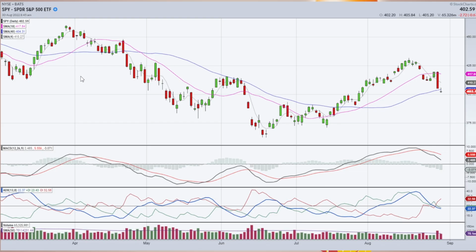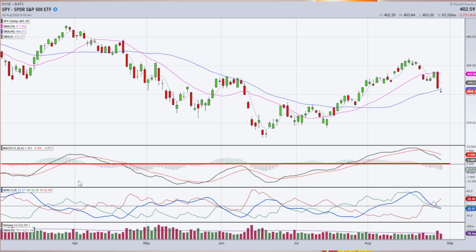So I've got a daily chart of the SPY up, and I've got my two moving averages. I use an 18 and a 40 simple moving average. And then I've got the MACD down below in the first scale. What I want to show here is that we've got this zero line. Let me just highlight the zero line for a second. And that line is, I think, really important when it comes to referencing where we want to be a buyer